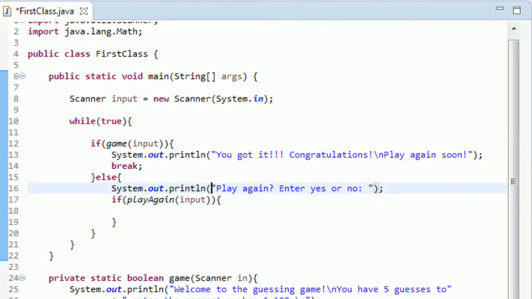But remember, like we did with this first one, you can just have this be right within the if statement. And another cool trick, if you want to totally invert the input that you're doing, so if this was returning true, if you just type the exclamation point before any sort of logic like this, it's going to invert it. So if it returns true, this is going to be false, and if it returns false, then it's going to be true. So essentially what this is saying is if they don't want to play again, we are just going to break,